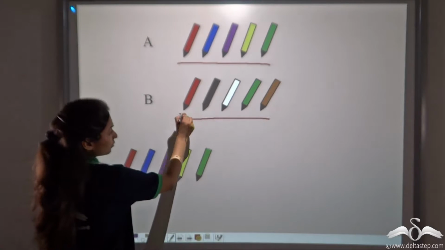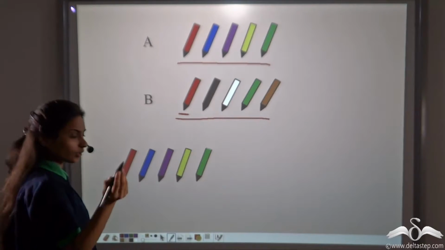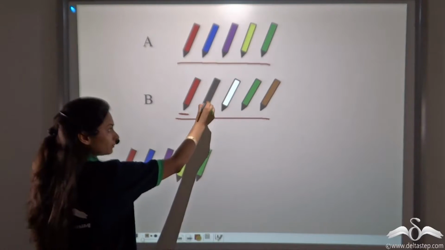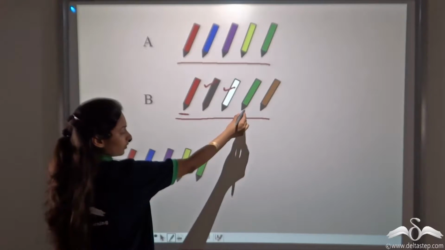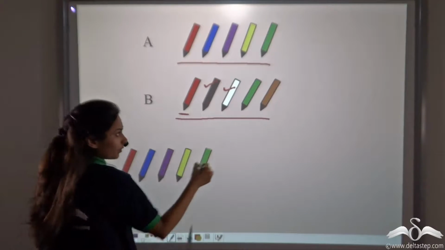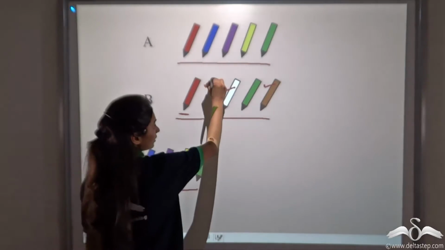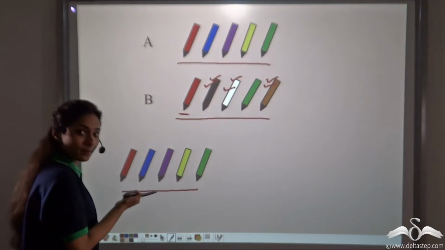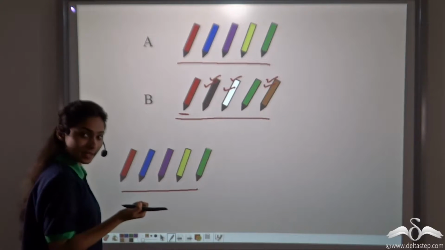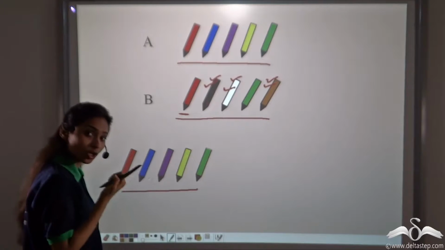Because your friend has brought a red pen, but you already have a red pen in that set, so you won't take that. You will take the black pen. You will take a white pen. You won't take the green pen, as you have already brought the green pen. You will take the brown pen. So you have these colors as the new set. So in maths, that is in sets, putting these things together distinctively is called union.